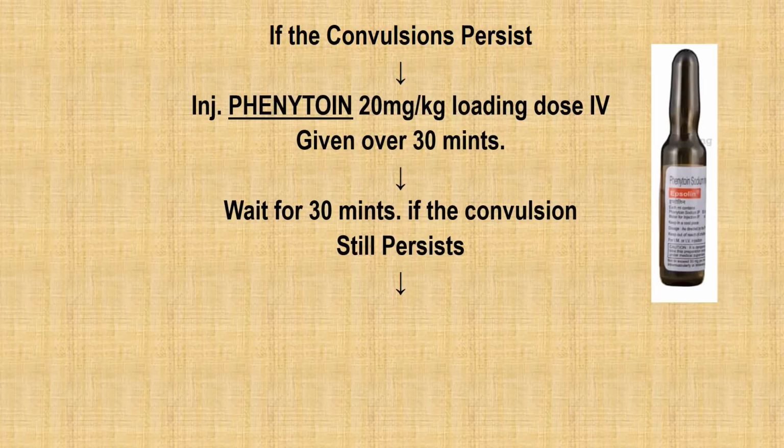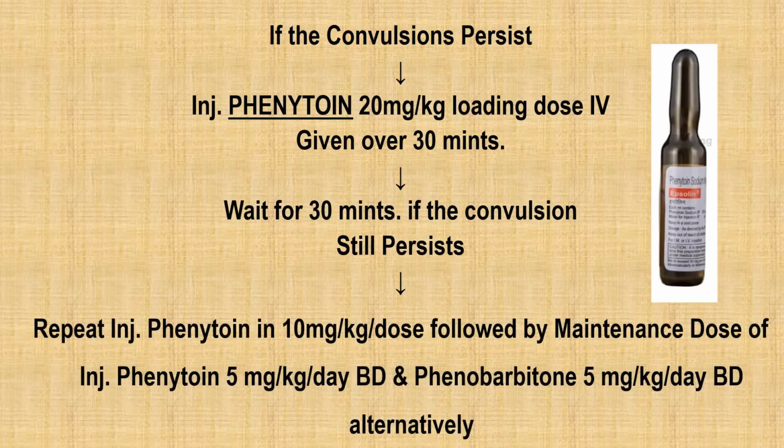So we have to give 20 milligram per kilogram loading dose, and we have to wait for 30 minutes. If convulsion still persists, we can repeat the injection phenytoin in 10 milligram per kilogram per dose as a half loading dose, and it is followed by maintenance dose of phenytoin 5 milligram per kilogram per day BD and phenobarbital 5 milligram per kilogram per day BD should be given alternatively,